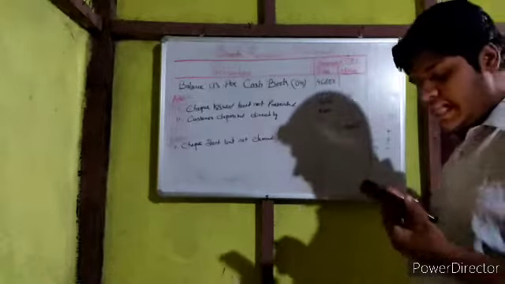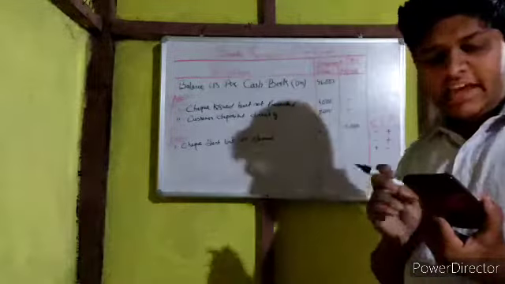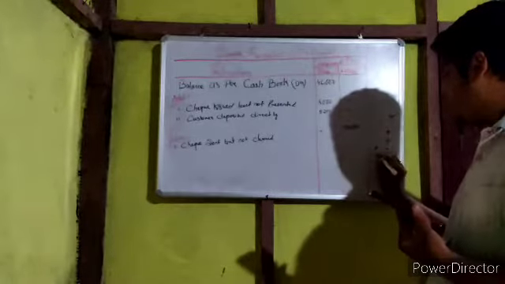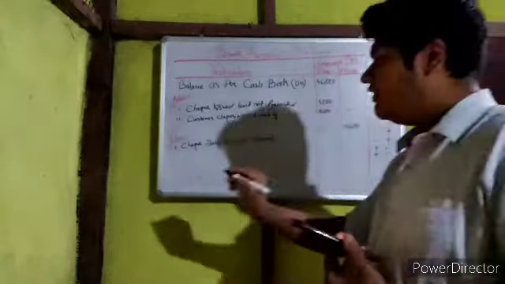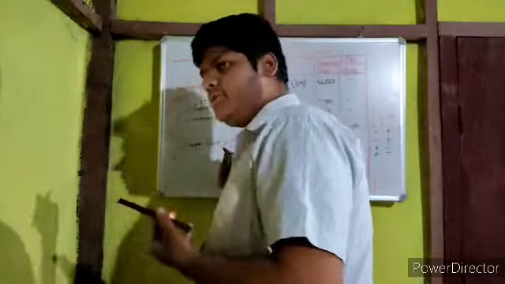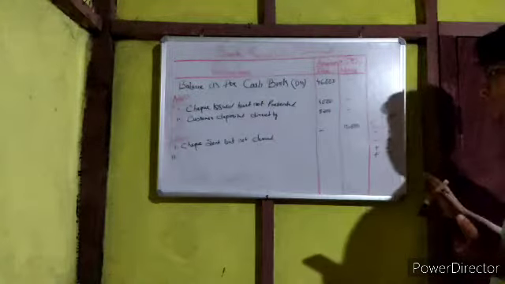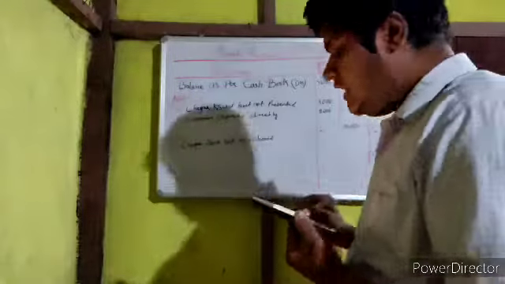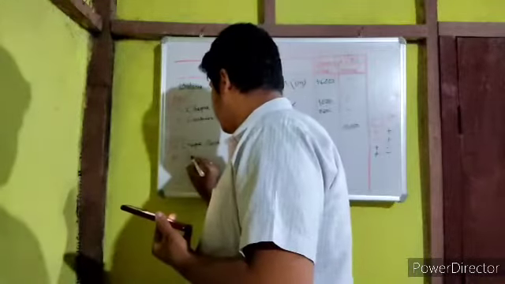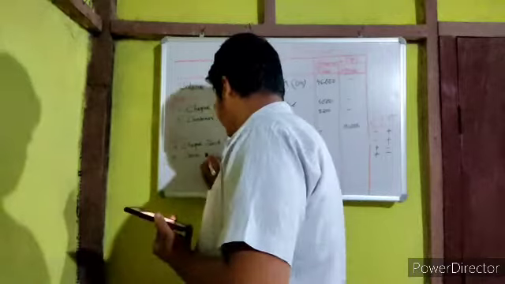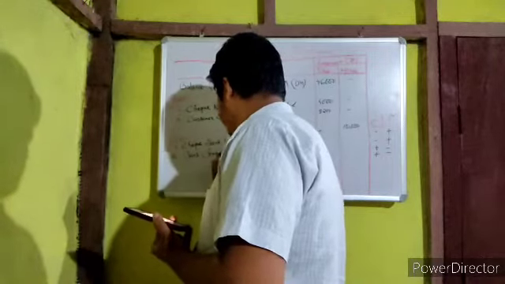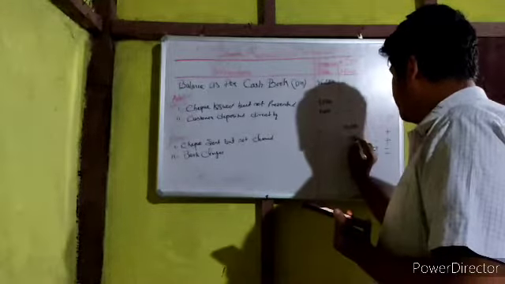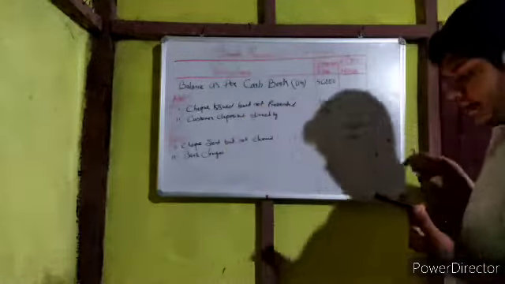Okay students, so now the next entry is bank charges. Bank charges means the bank has charged you but you don't know, so it is also minus, so it will come here. Always bank charges means passbook minus, because your bank balance has decreased but you don't know. So though you are doing the cash book, you have to follow the passbook, it will be in the minus column. So bank charges. The amount is 100, so it will again come on the minus side, though it is a deduction and minus in the passbook.